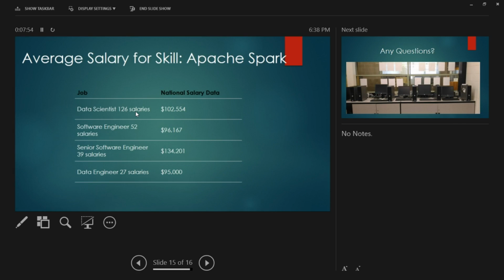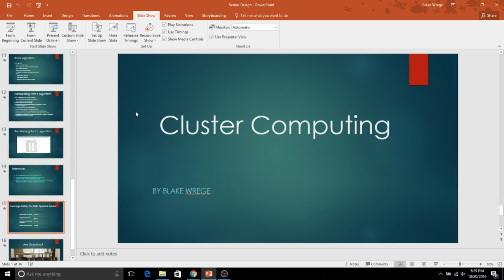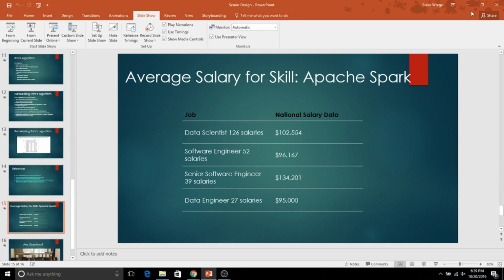And oh yeah, I included this just to show you why you should actually learn Spark, because you make a lot of money. A lot of money. That's the average. I pulled that straight off Google. You make good money if you learn Spark. Anyways, rather than any questions, we're going to go on to the live part of the demo